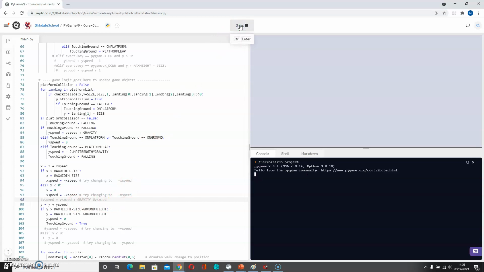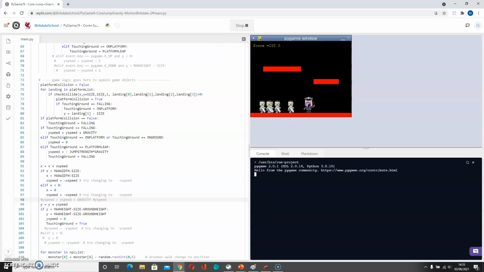And if we now run, and I click up here, get a bit of movement going. If I press the space bar, I jump and I'm on a platform, and then I fall down. And if I jump up onto that platform, I can then jump onto that one. I missed. But I would need to tweak the strength of the jump here so that